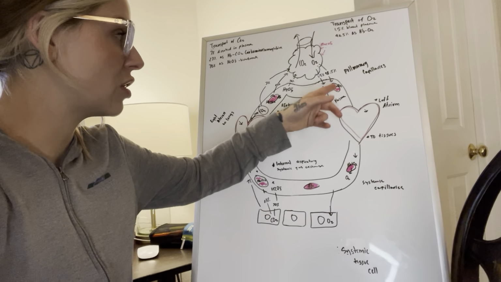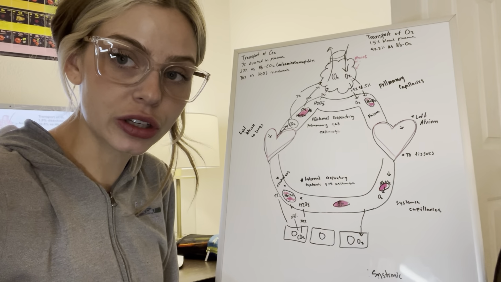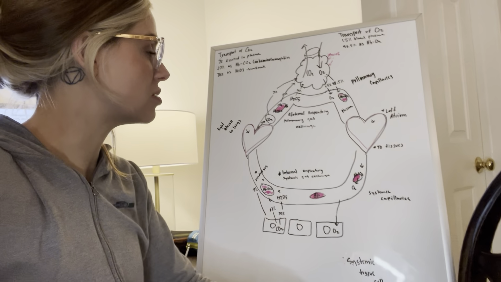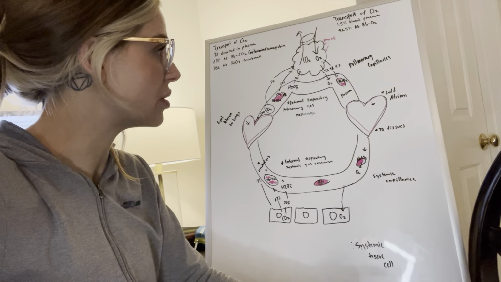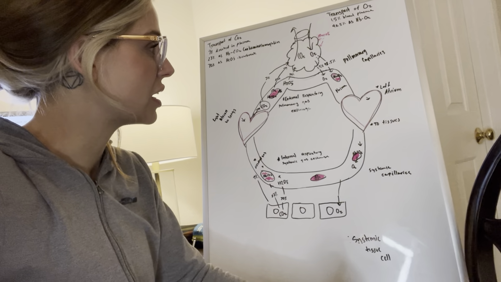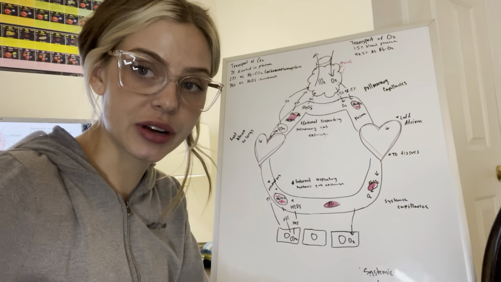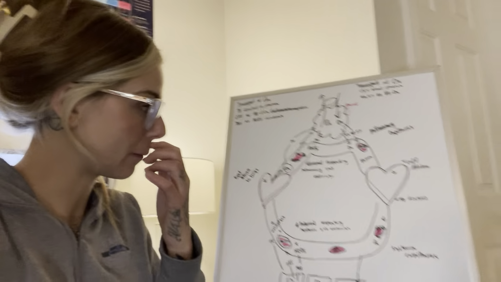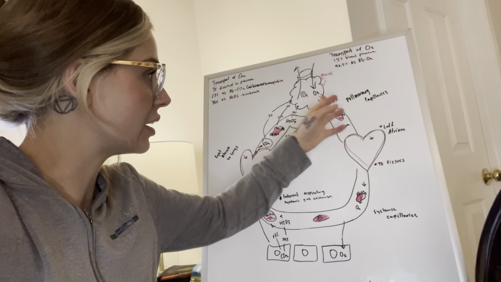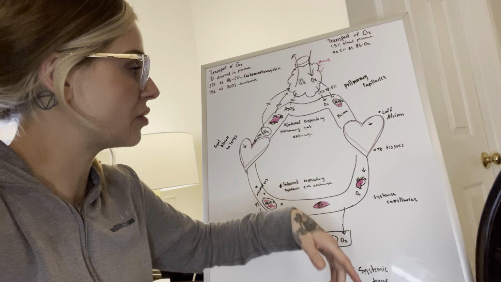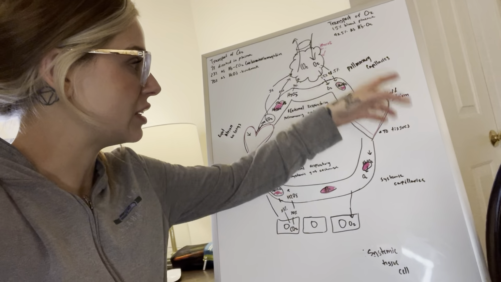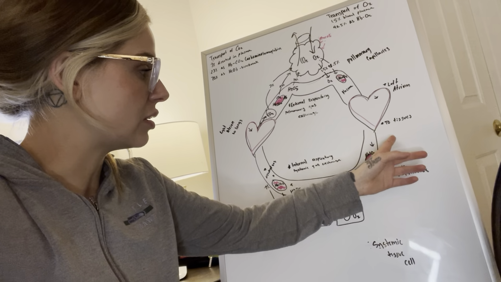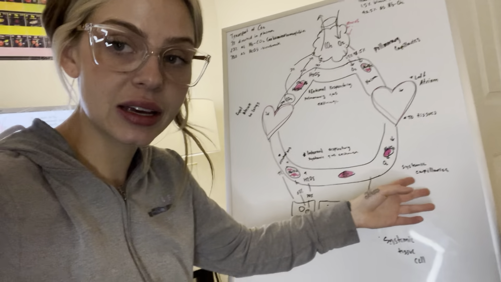Remember, that's our fully saturated molecule. When oxyhemoglobin is coming from the pulmonary capillaries, it is 100% saturated. So 98.5% and 1.5%, we go through the left atrium of the heart, out the aorta, down to the systemic